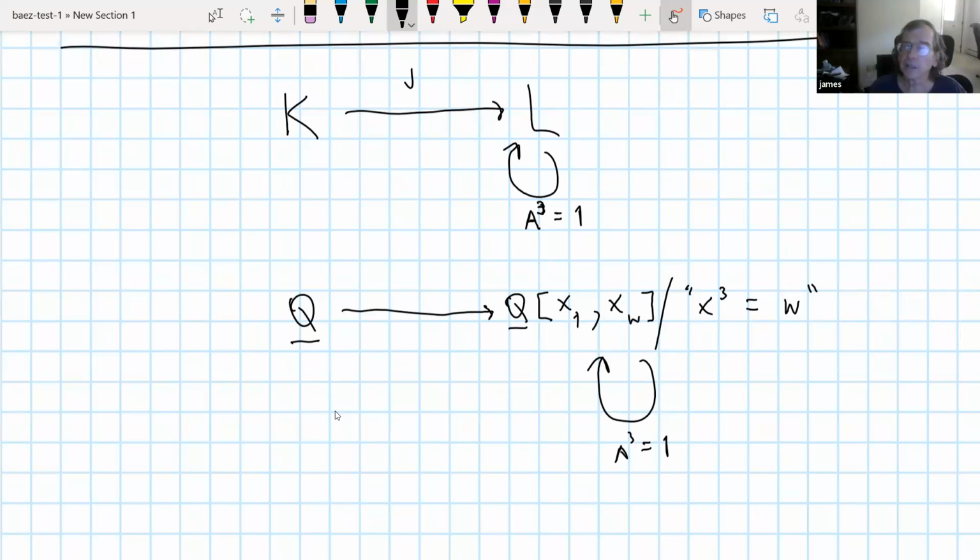Say that again? A 9-element action of Z mod 3. Yes, but I think it's actually right. I'm probably not capable of giving really clear answers to these questions because I don't have the answers clearly in my mind. But I think it's one of these situations where we have one of these bi-actions. On the one hand, it's acted on by the absolute Galois group of the rationals. On the other hand, it's acted on explicitly by Z mod 3. And those two actions are sort of commuting with each other. I think that's what's happening.